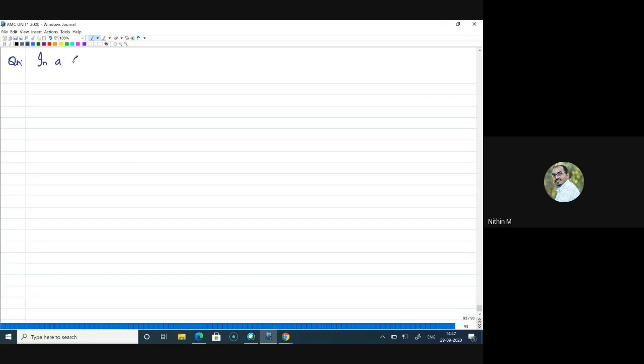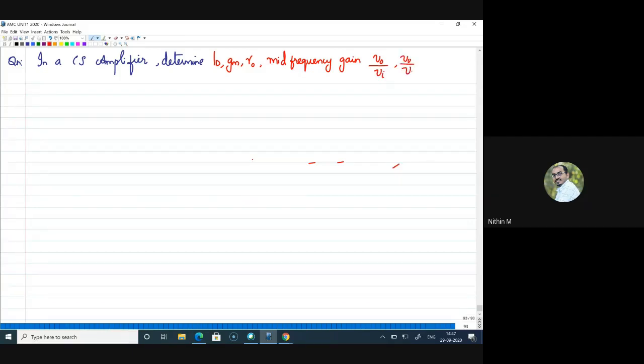So given that in a CS amplifier, determine ID, Gm, R0, mid-frequency gains. Sorry, I did not mention what is mid-frequency gain. I'll explain that. V0 by Vi and V0 by Vs,